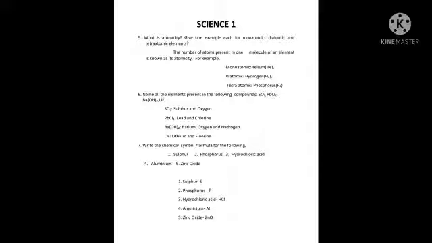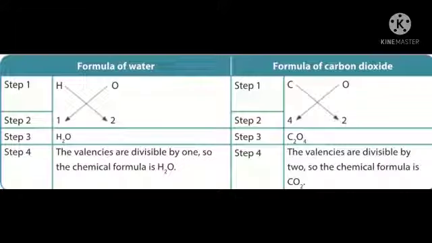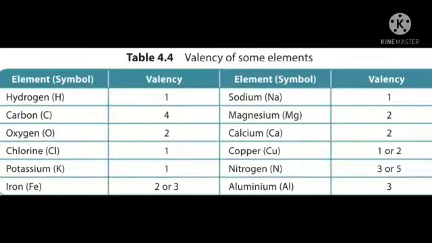In those 2 questions I have given, that is what you want to learn. Then I have given how to write the chemical formula of the following compounds: water, carbon dioxide, potassium chloride, sodium oxide, calcium chloride. All those things I have given. Then also some more fill in the blanks in the worksheets I have given. All those things you want to learn. Okay, you should know the answer.